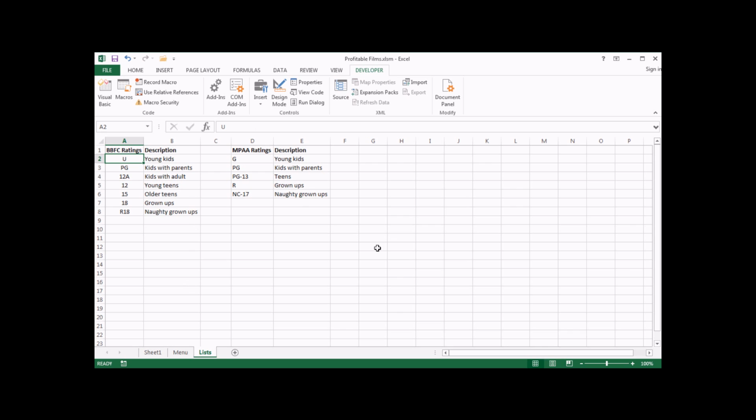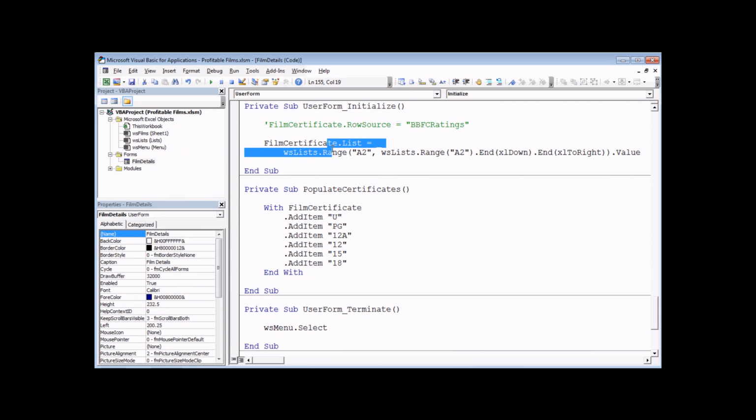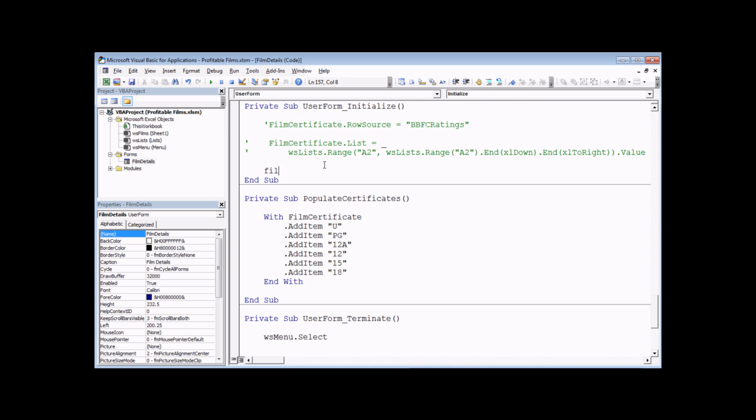going from cell A2, holding down Control and Shift and tapping the down arrow key and then the right arrow key. So it'd be that block of cells. It's a bit of overkill, slightly unnecessary for this. I'm going to assume we've got a fairly fixed list at this point. So what I'm going to do instead of doing that is just refer to the BBFC ratings range. I'm going to comment out those two lines and replace that with film certificate dot list equals range BBFC ratings